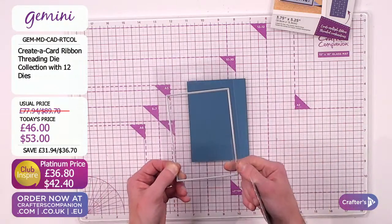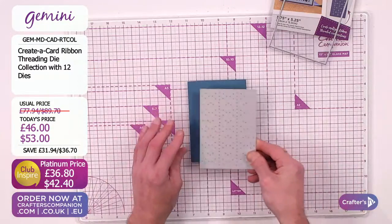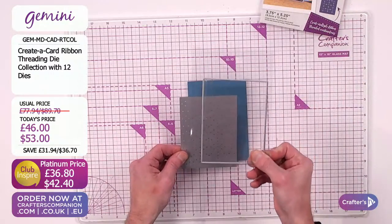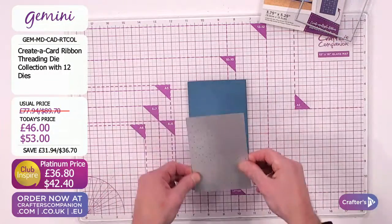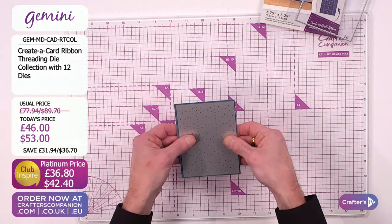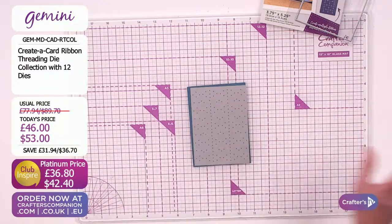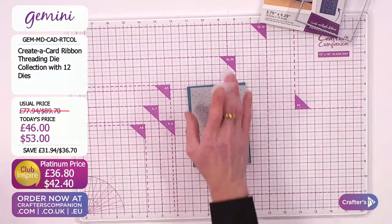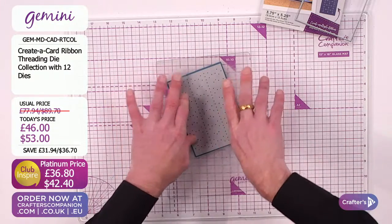If you use this one, that's going earlier on the day, and I'll say it for anyone that didn't see it. I very rarely use the outside die. Then I cut. So what I'm going to do is use my low tack tape. Bring it on at a bit of an angle, and that's helping your